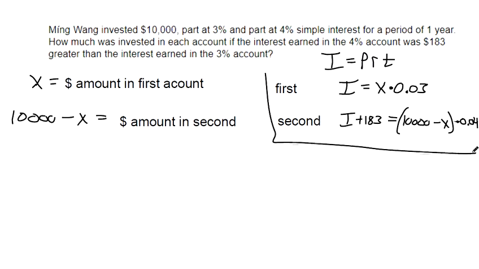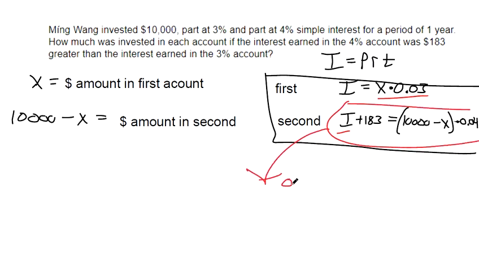Okay, so we've got two equations, and it probably looks messier than when we first started thinking about this problem. But this actually lays the framework for how we're going to solve, because now we have two equations that are talking about the same amount of money. You can take I and plug it into the second equation. I is X times 0.03. So I'm going to replace this I in this equation here